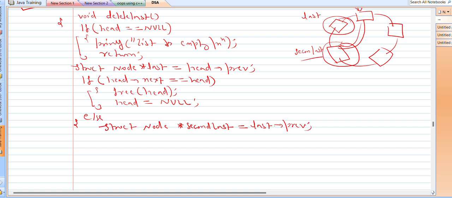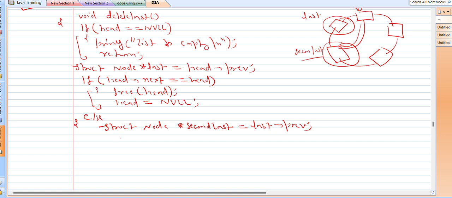And now when we have a last node, second last node and head node, then my task is only to connect them, right? So it is very simple now. Simply the next of second last will become head and previous of head becomes second last. That's it. I only need to write these two lines,